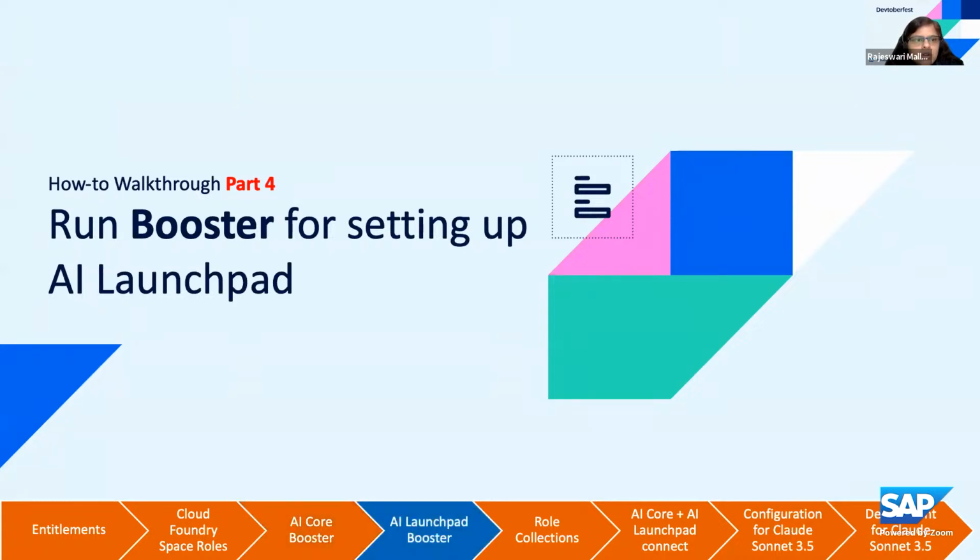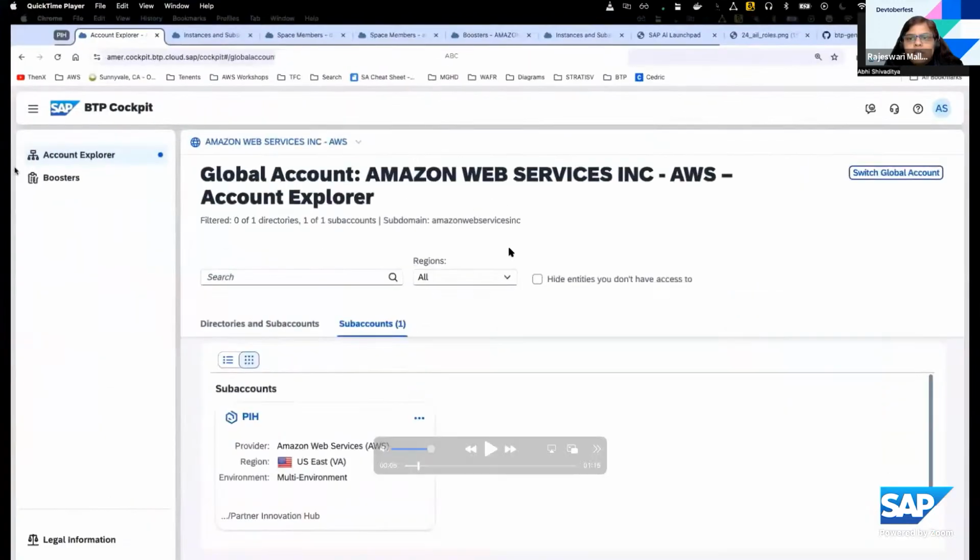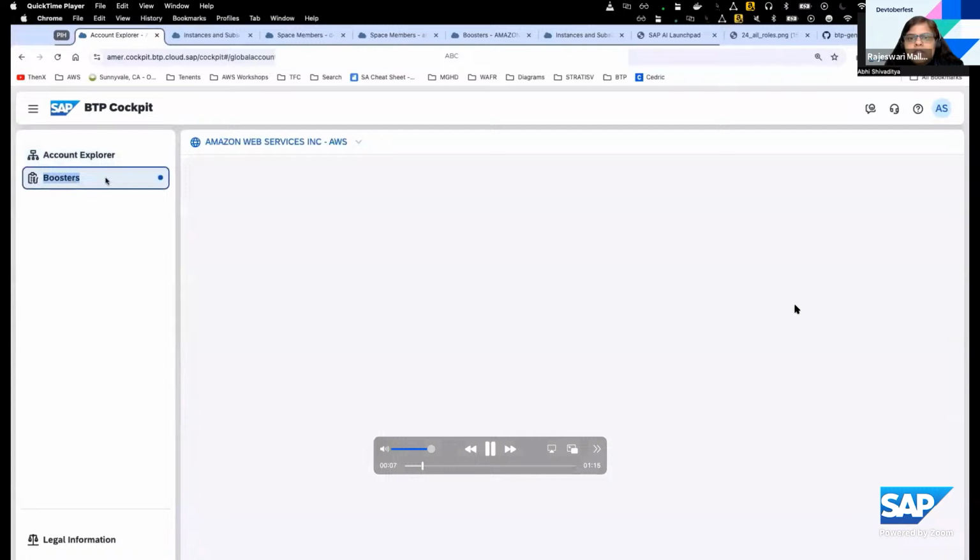And the next one we are going to look at is, before we get into the demo, just a few things on the AI Launchpad. As you can see, this is our fourth step for setting up the AI Launchpad. And again, here we are using a booster as well. SAP AI Launchpad enables users to transparently manage AI models across the enterprise, and it allows you to connect to multiple AI runtimes, including the SAP AI Core, and centralize the lifecycle management